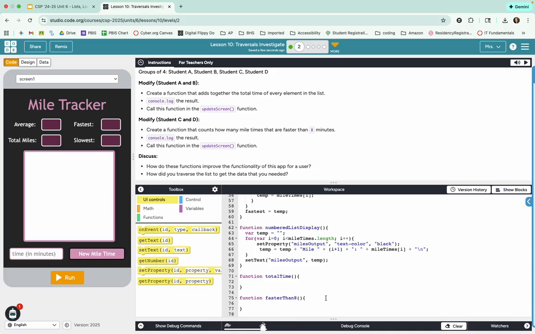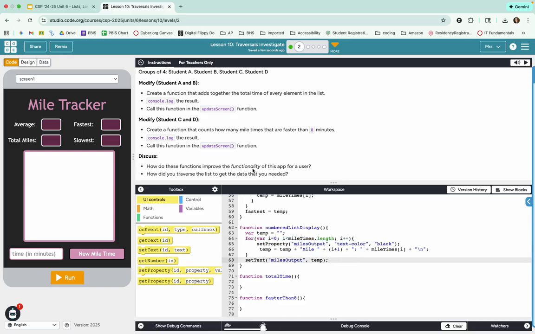I would create another temporary variable, count, and I would say count plus plus. And of course, you have to use this for var. You have to put it in this loop. So